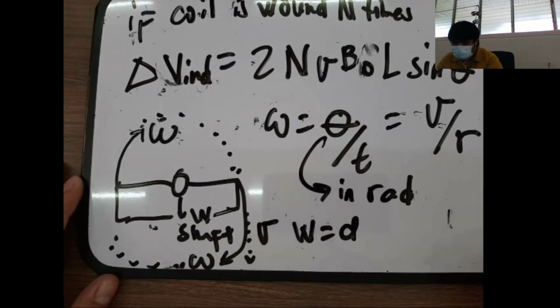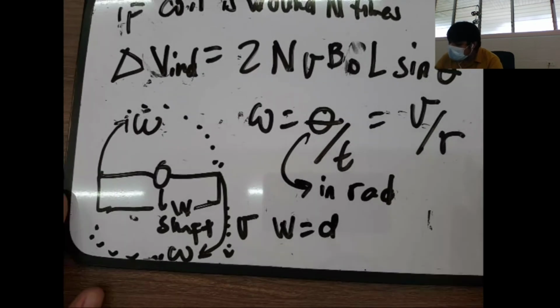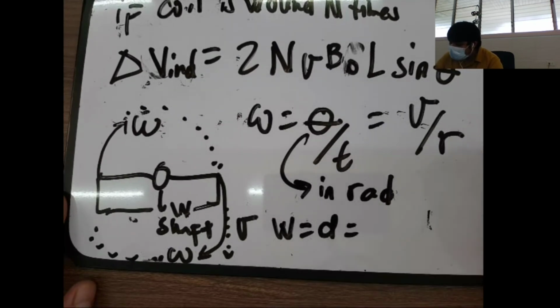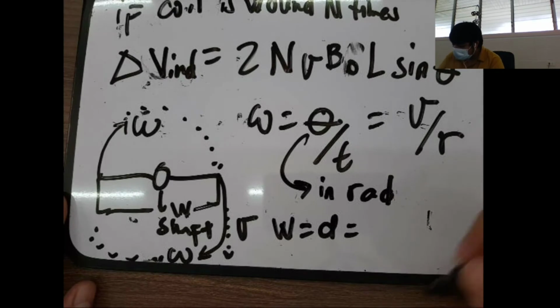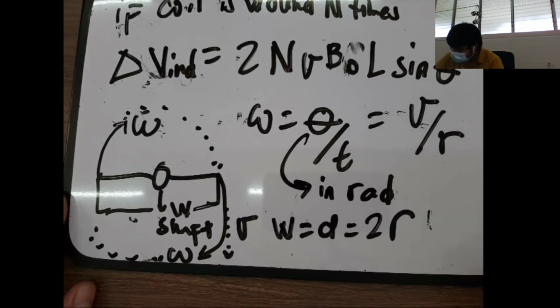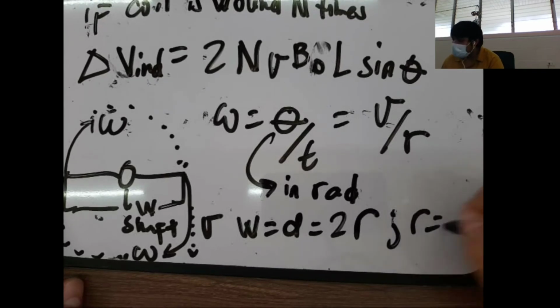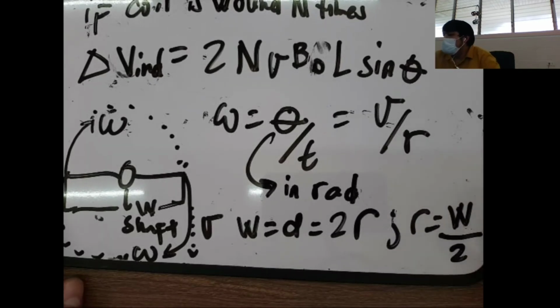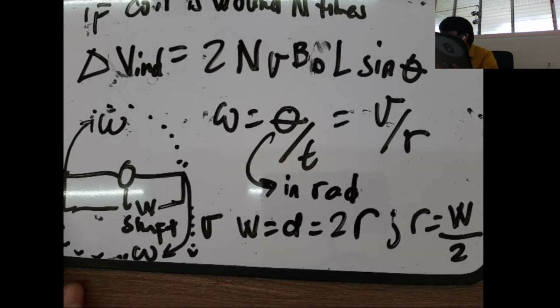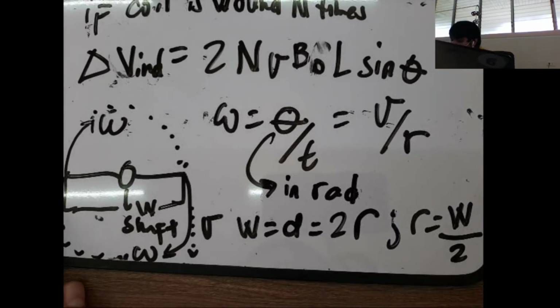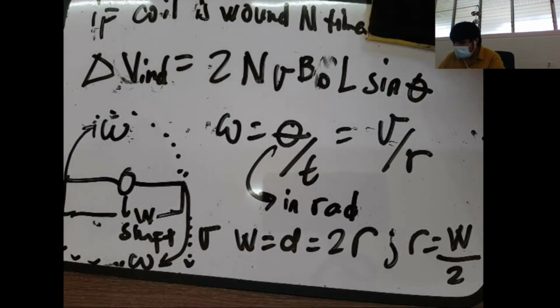And since diameter is equal to twice the radius, therefore our radius is equal to half of the width of the coil. And that will change your angular velocity into